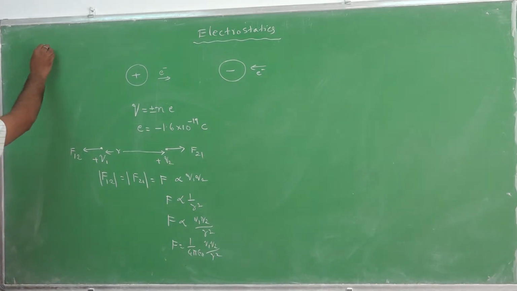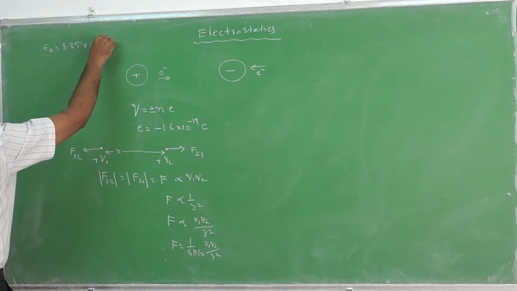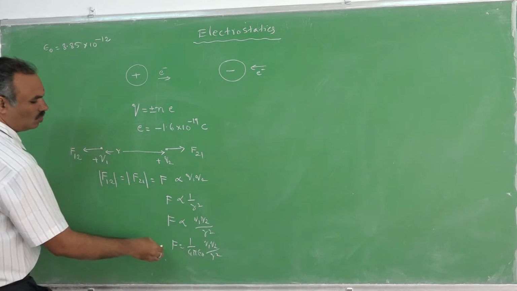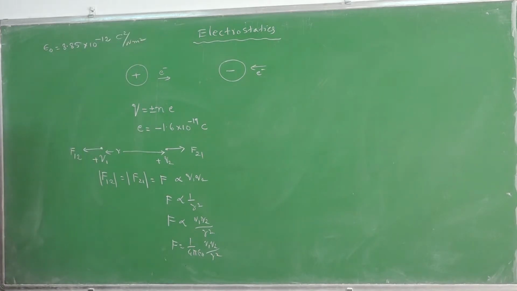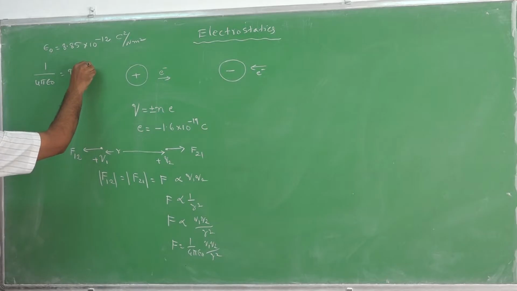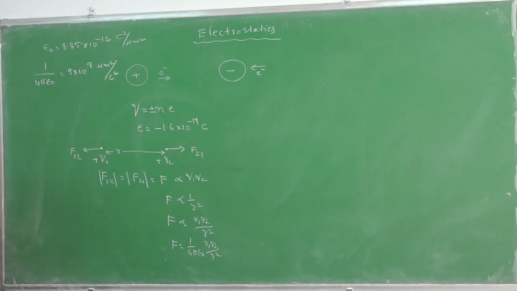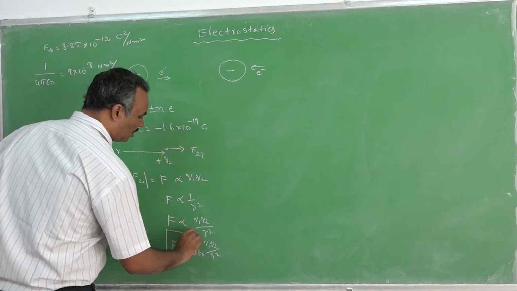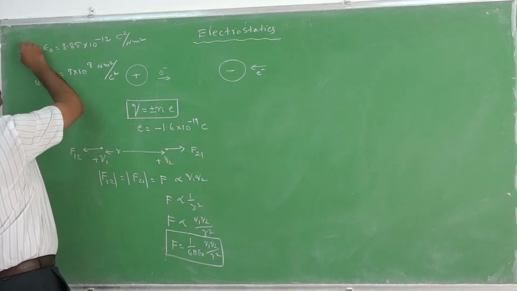Here, the points to be remembered are that the epsilon naught value is 8.85 into 10 power minus 12. If you want the epsilon naught value, you should take the force to this side. So, Coulomb square per Newton meter square will be the units for epsilon naught. Similarly, 1 by 4 pi epsilon naught is 9 into 10 power 9. Units will be in reverse order, Newton meter square per Coulomb square. So, this is the basic idea of Coulomb's law. You should remember this equation, and you should also remember these two results.